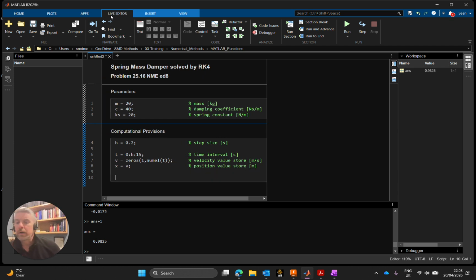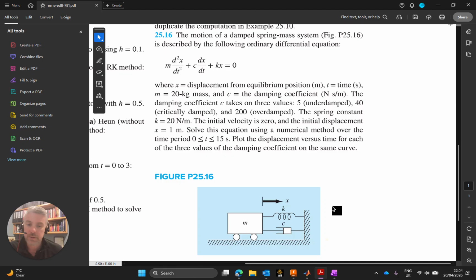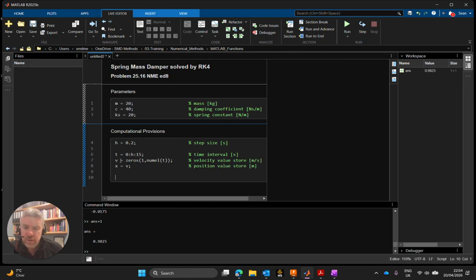All right. Now, I think the next part is we'll initialize. We'll put in our initial values. So we'll need a starting value at t equals 0 for v, and a starting value at t equals 0 for x. And those are given to us in the question, and we've gone through these a couple of times in our written solution. Initial velocity is 0, so v1 is equal to 0, and initial displacement is 1, so x1 is equal to 1. We don't have to do anything with v because they're all zeros at the minute, including the first 0,